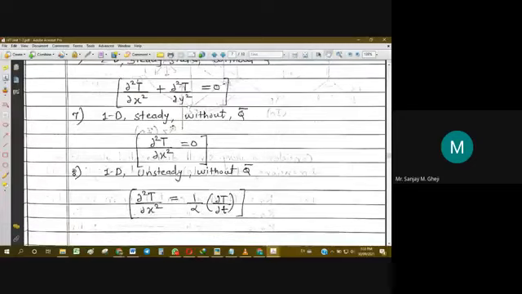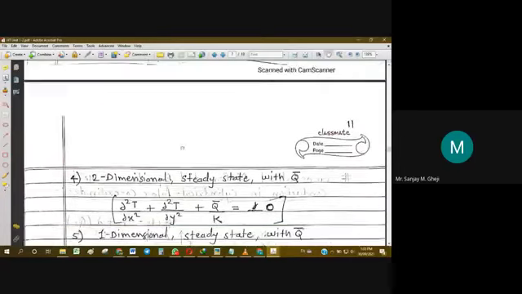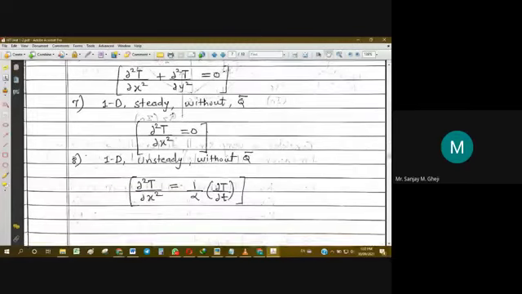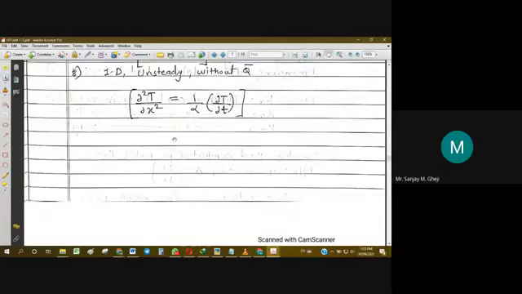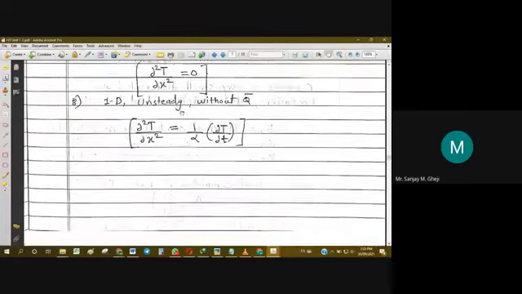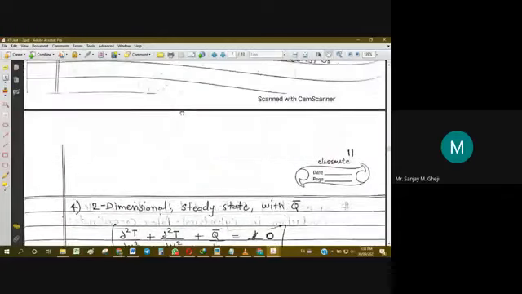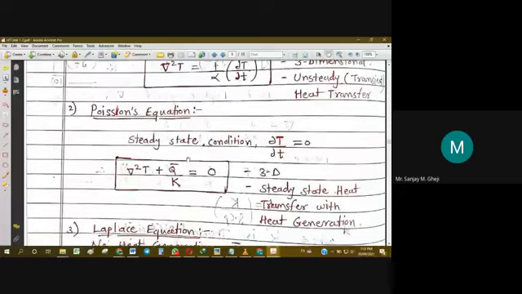In this way you can apply many other conditions, and you can get a variety of forms, different forms of equations. So this list will extend. It will go on and on as you apply more and more conditions. Only some of the important cases are covered here. So this is how the generalized differential equation is derived in Cartesian coordinates, and various cases can be applied, and thereby the equation goes on reducing, and it will take different forms or formats.